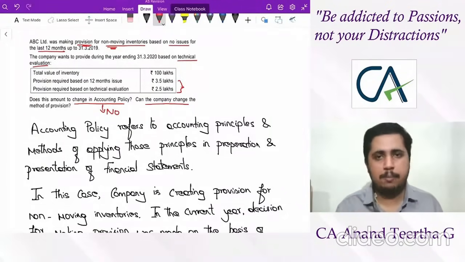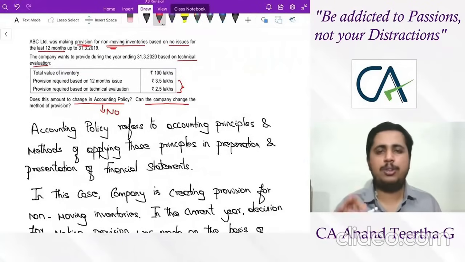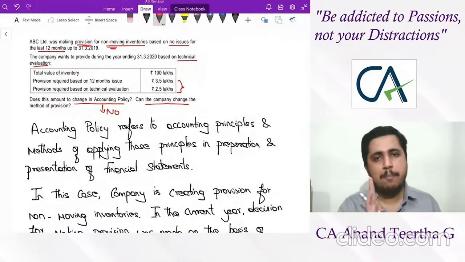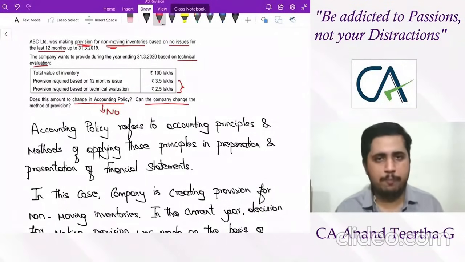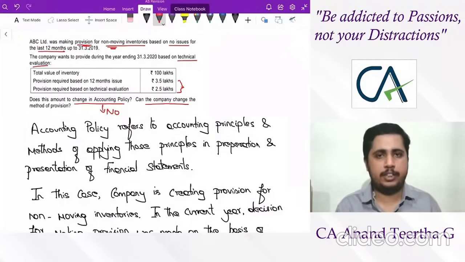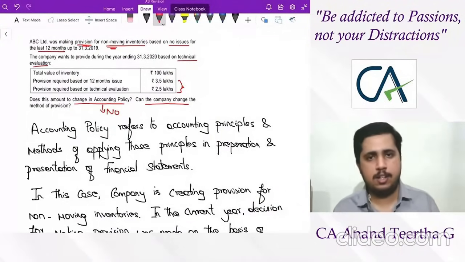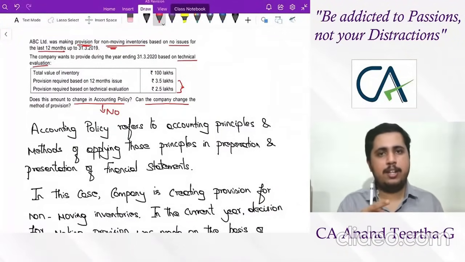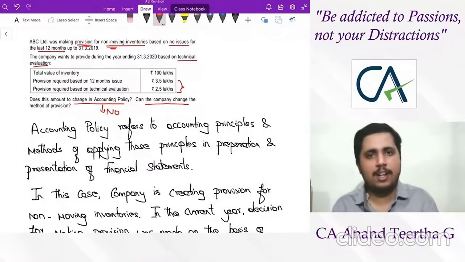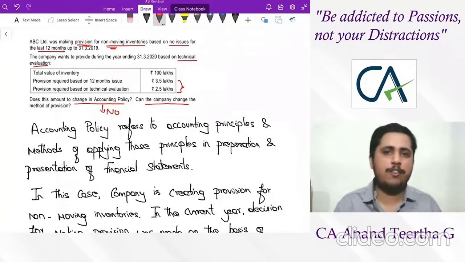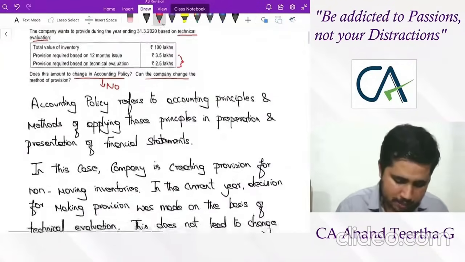But a change has taken place. The user should know, so you have to give a disclosure saying that the method to calculate the amount, the accounting estimate, has changed. So this is the analysis of the question which you have to bring into your answer. What is the final conclusion? No change in accounting policy because it's not an accounting policy in the first place. The change has taken place in an accounting estimate. This change is allowed because it gives you a better mode of presentation or better way of understanding. Those things have been written out in sentences now.